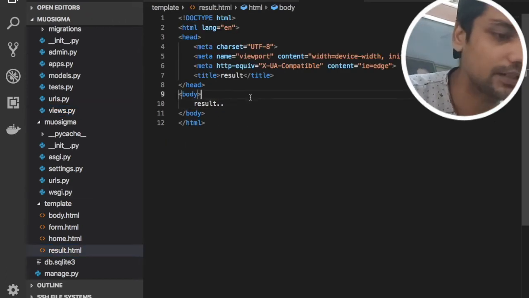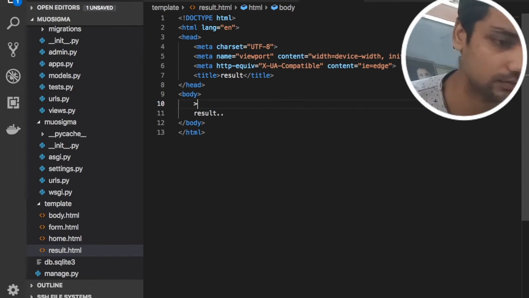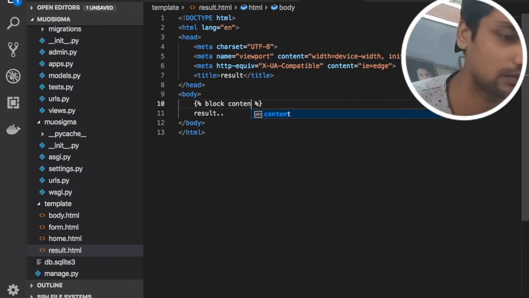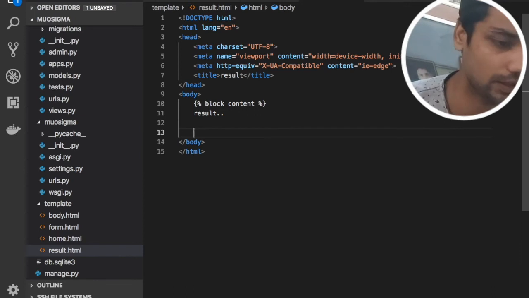So we need to create the block content. Like this we can create our block content, right? Just copy this, paste it over here, and we need to end the block.